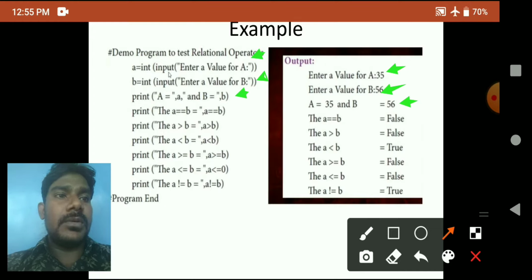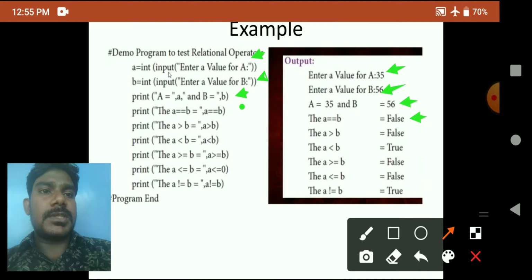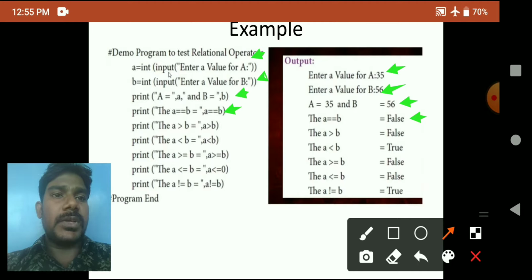Next, checking a equal to b: 35 and 56 are not equal, so the result is false. Next, a greater than b: 35 greater than 56, the condition is false. a less than b, the condition is true.